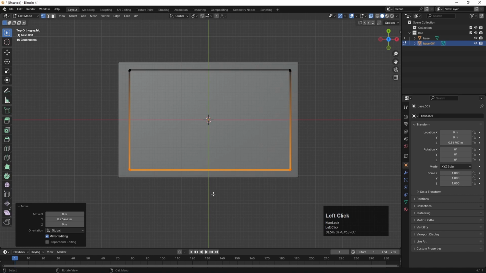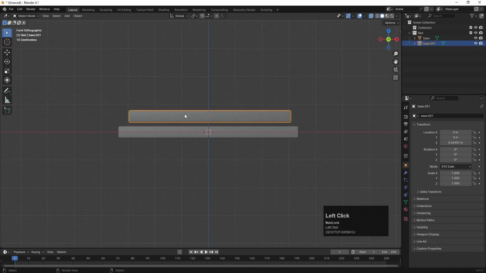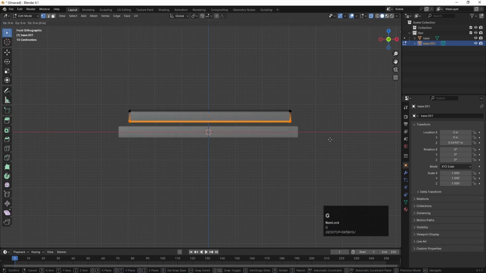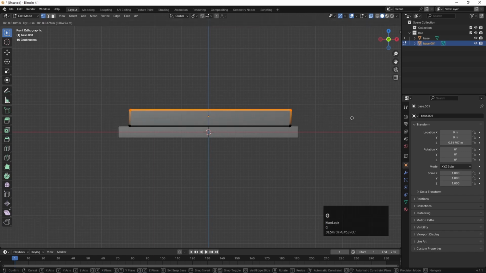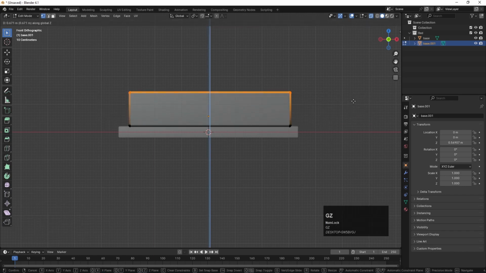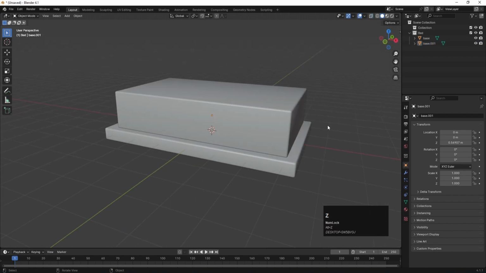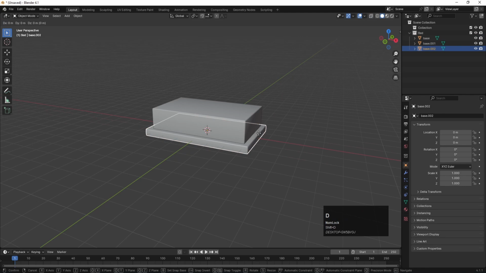Okay, now go to the front view and select this and again press Tab. Select this much portion, Z, and try to adjust it over here like this. Select this, Z, and try to adjust it over here like this. Okay, now Alt Z. I'm going to select this portion of the base, Shift D, then press R and press Y to